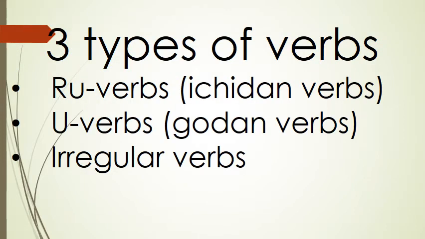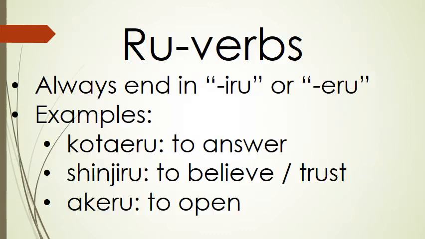Well, before we get into that, let's just have a quick refresher on the three types of verbs we have in Japanese. We have ru verbs, or ichidan verbs, u verbs, or godan verbs, and irregular verbs. Ru verbs always end in iru or eru. Some examples include kotaeru, which means to answer, shinjiru, which means to believe or to trust, and akeru, which means